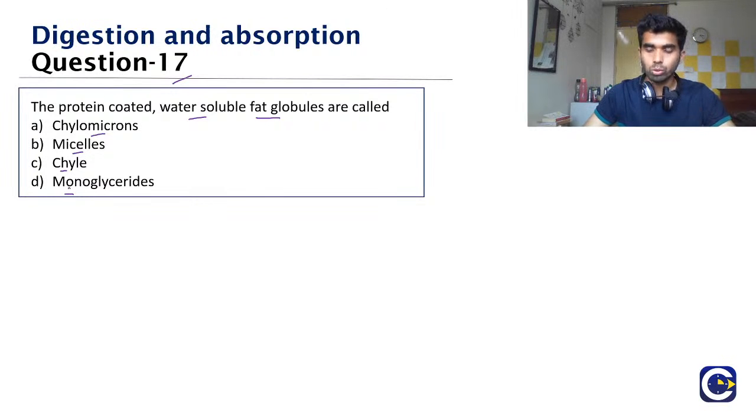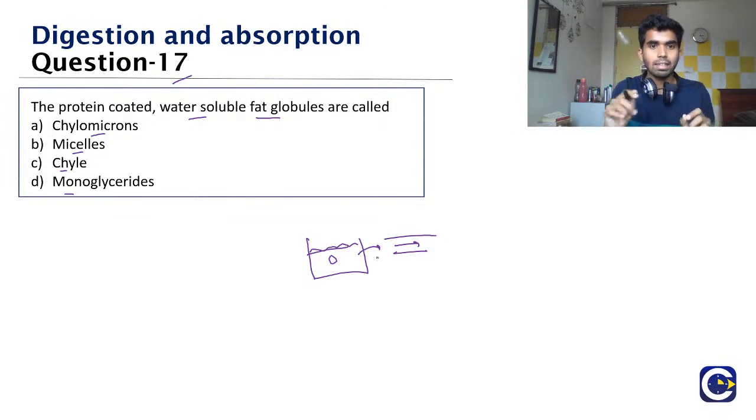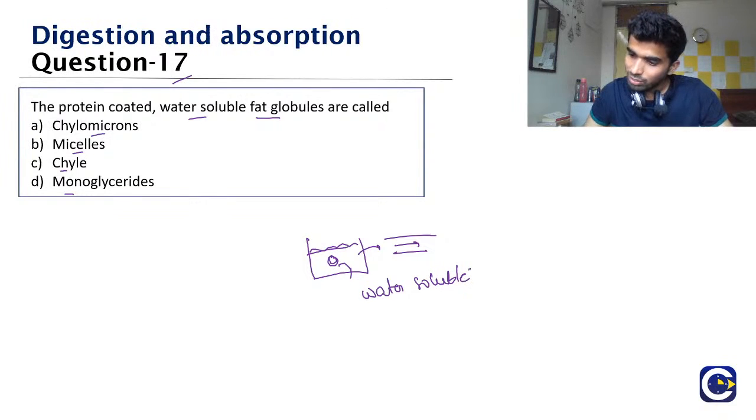We have discussed earlier also, fat cannot directly enter into the blood. Because see, if you add fat inside water, what will happen? It will float on the surface, isn't it? And we want this fat to travel inside the blood, and it cannot travel if it is not water soluble. So we have to do something so that this fat globule is converted into a water soluble form. Yes, Hisham, very well. Lekpriya, Trisha, Jivita, Srividya, all of you are correct.